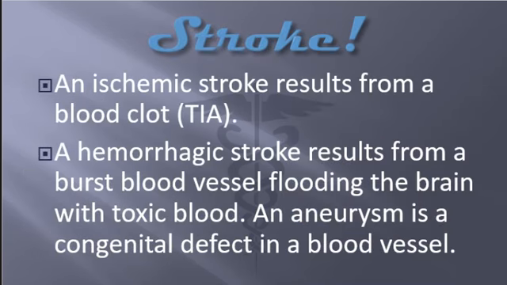So we're going to look now at something called stroke. I don't know if you've ever known anybody who's had a stroke. A stroke results from a blood clot or a brain bleed. So what is a stroke? A stroke is a blood disorder in the brain which causes there to be a problem. But there's two different kinds. Either the blood is cut off, so we have hypoxia to a portion of the brain, or the